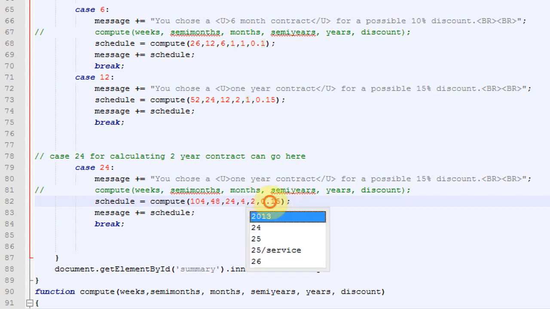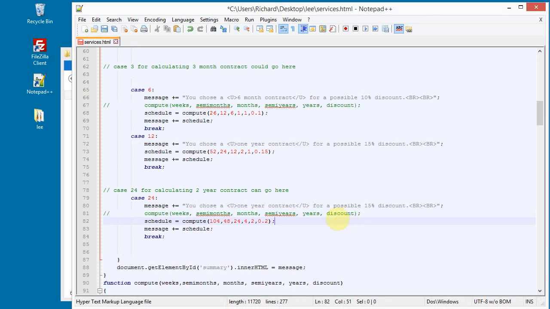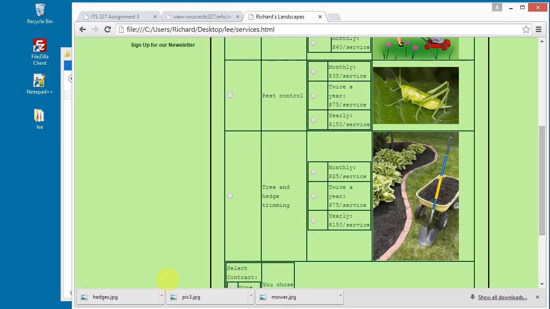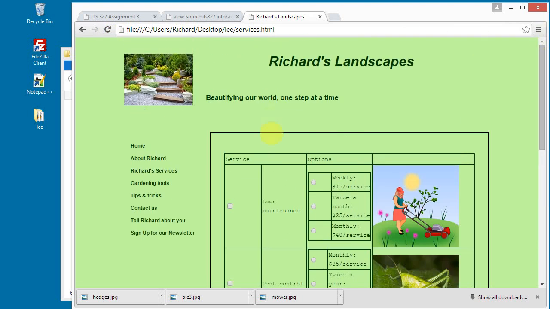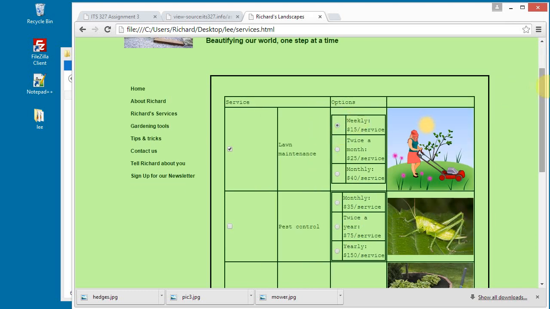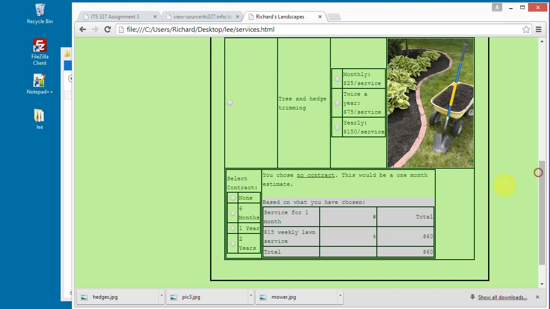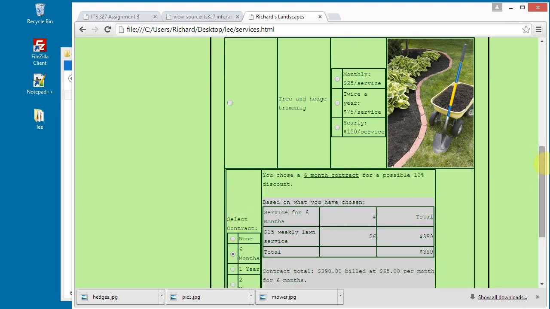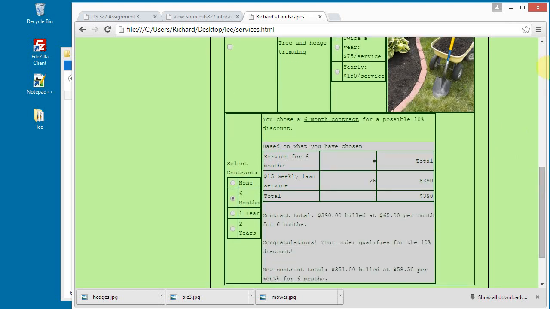And the discount would be 20%. 22. Okay, let's save this and see if this works. Save. And I can go back to my page here and refresh. And now, when we check off weekly service, that adds, check off 6 months. Now what happens if we check off